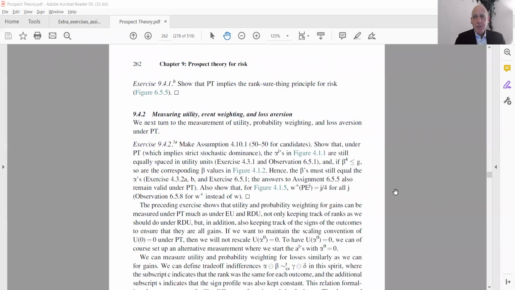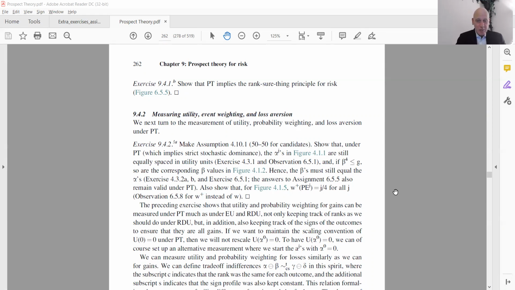I start the seventh meeting with a few comments on some of the homework exercises that we did. First, exercise 9.4.2. There you are asked to reconsider the experiment that we did with the alphas, betas, gammas, and so on, and what can we say on prospect theory. Well, on prospect theory, everything stays the same as it was before because it's all about gains. Maybe for some of you, a delta was a loss, but it doesn't change anything really in what I say now. So we are here essentially dealing with gains, and then prospect theory is the same as rank-dependent utility.